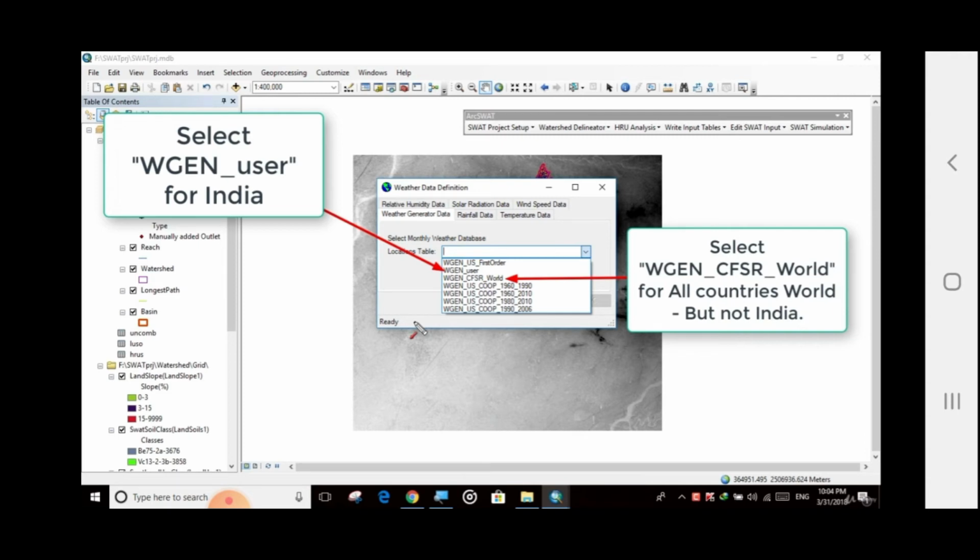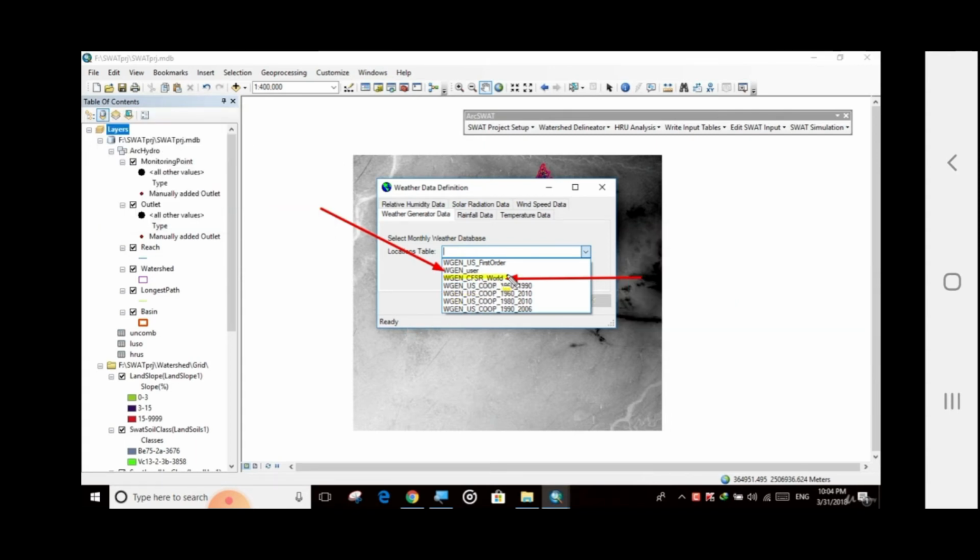So if you are from Nepal, US, Canada, Europe, Africa, or any other country, then you have to select CFSR world. This region is India, so I am selecting WGN user. Or if you are not from India, then you have to select CFSR world.